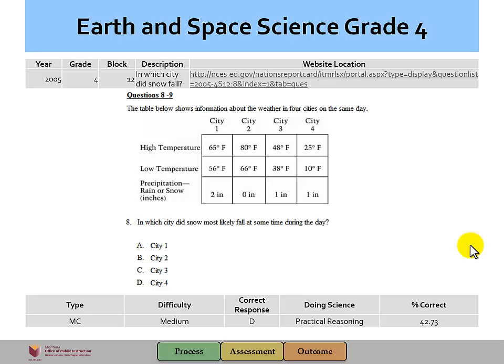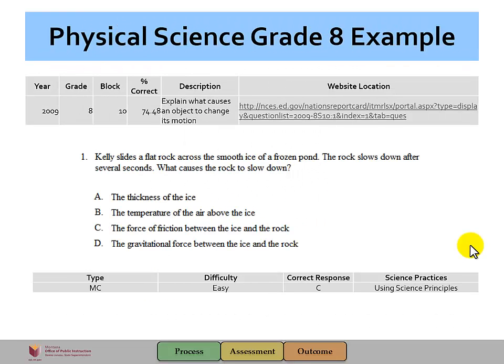For your depth of knowledge, you could have put that this is a level 3, and for your revised Bloom's taxonomy, that this is understand, and that the grade band most appropriate for this item would be 3 through 5. This item was given to 8th graders in 2009, and it is: explain what causes an object to change its motion. For your DCI, you could have put that this is a PS2, which is motion and stability, the forces